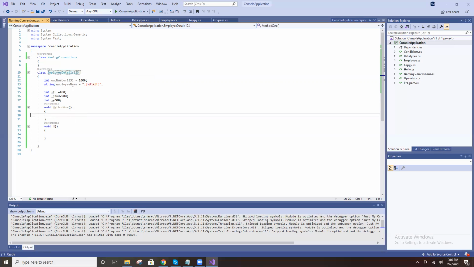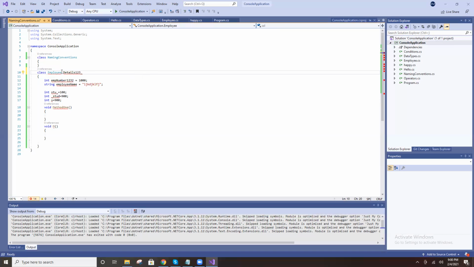And of special characters, only dollar and underscore are accepted anywhere, in class, method or property names. Symbols like dollar and star are not allowed here. And see, employee details, right?